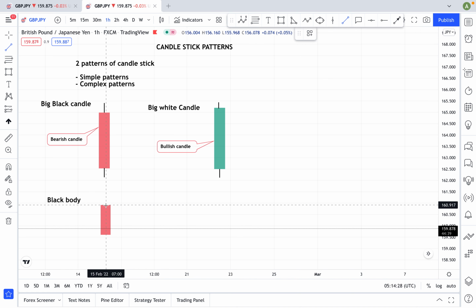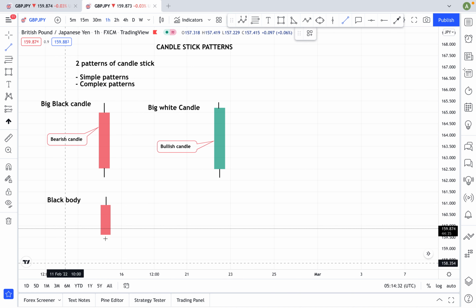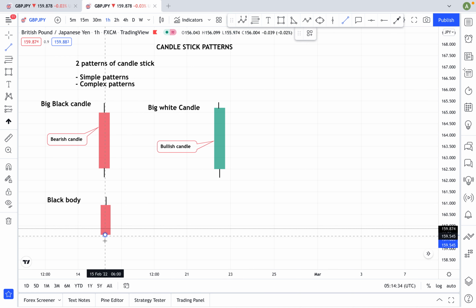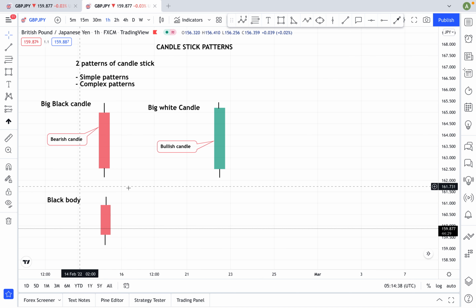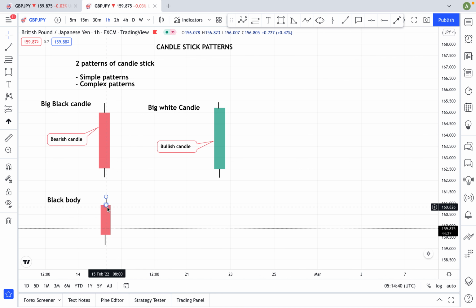It's not as long as the big black candle. Wherever you see it in the market, most especially in the opening price or the closing price,